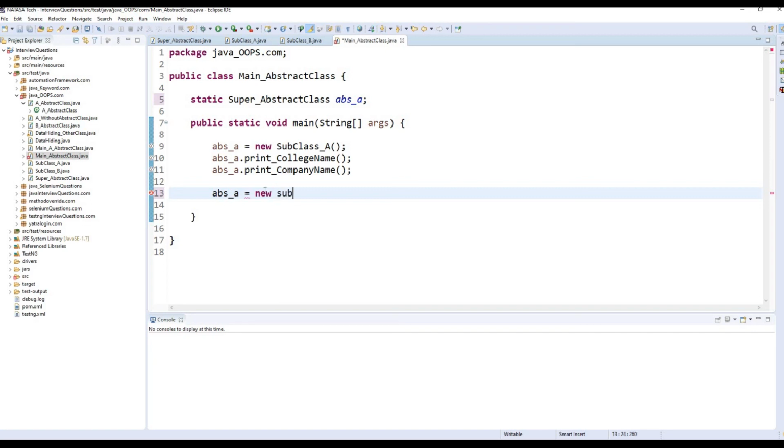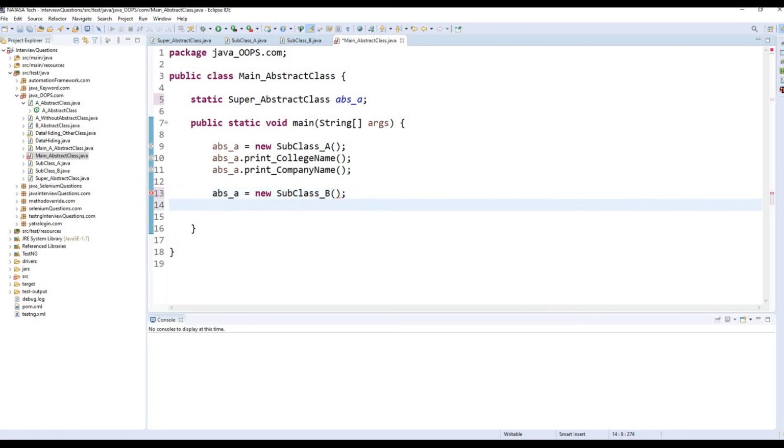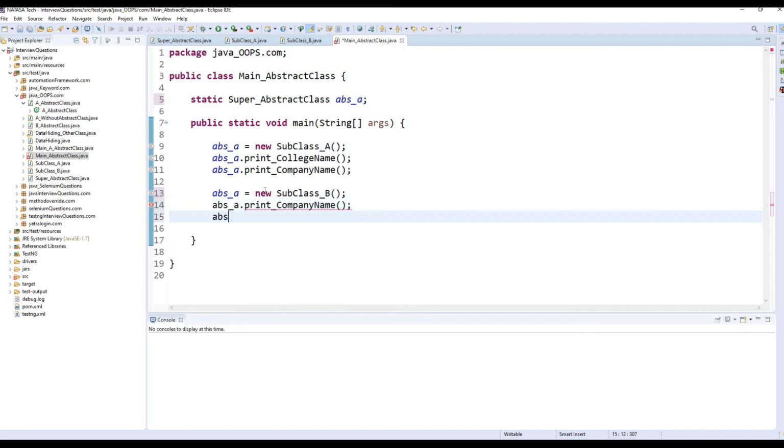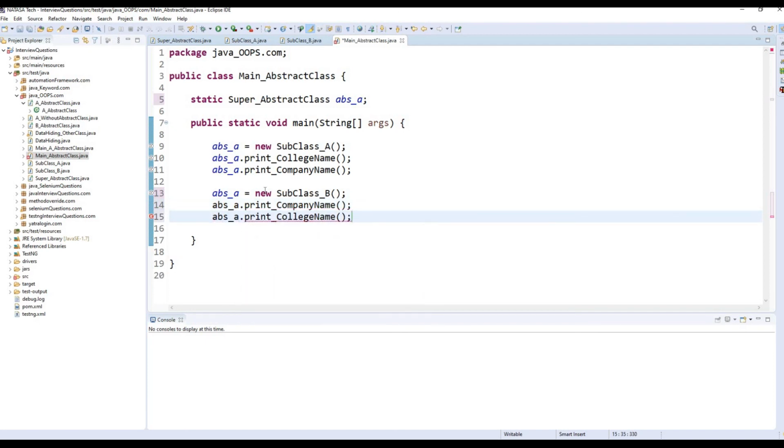Now I'm going to create Subclass B. Using this object, I'm going to execute the subclass B method. Print college name.